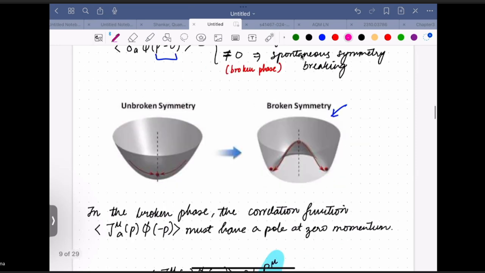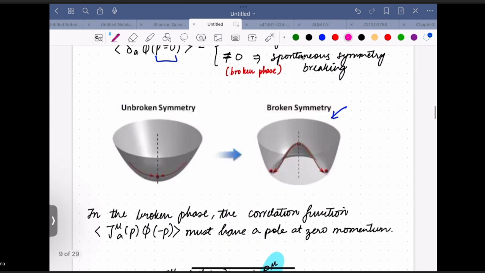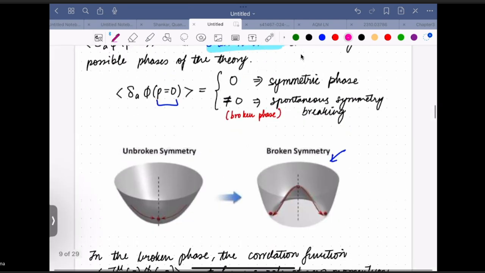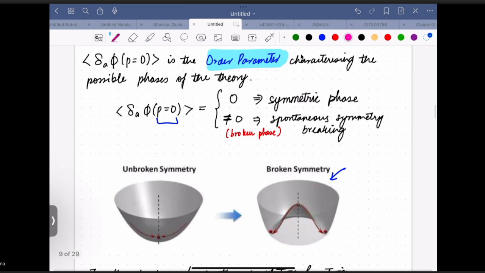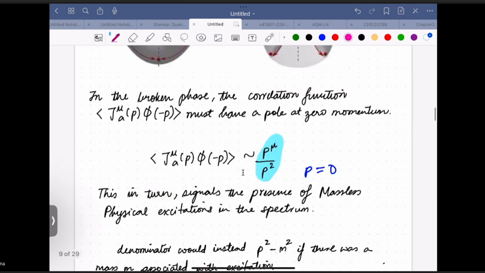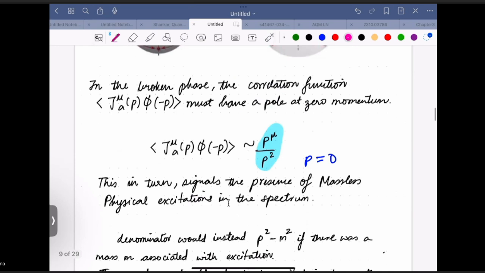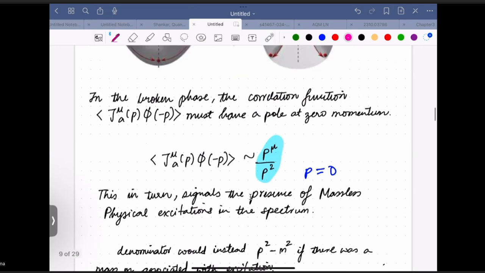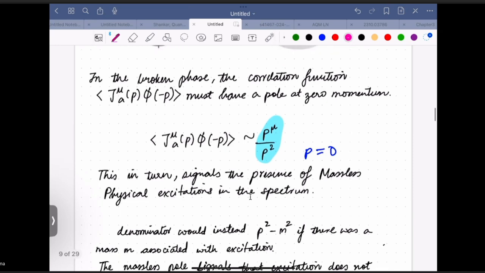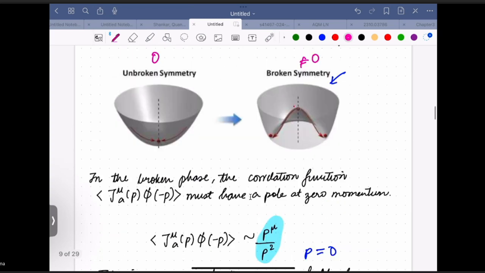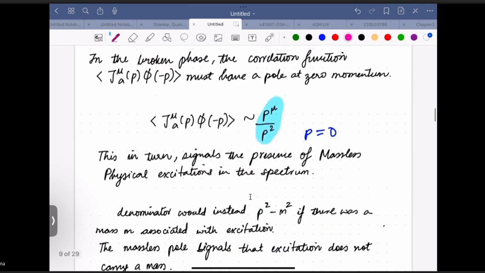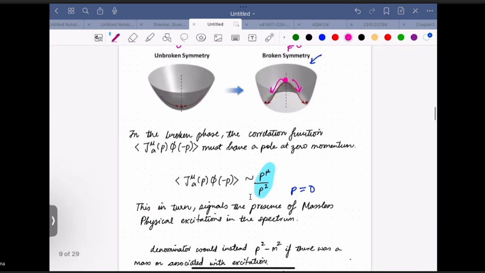So I also have a picture over here. So unbroken phase where your order parameter is 0, and here when it's non-zero. So in other words, this order parameter d delta phi where p equals 0 acts as an indicator of symmetry breaking. When it's non-zero, it signifies that the system has chosen a specific direction, either this direction or this direction, for breaking the original symmetry. And in this broken phase, the correlation function, the original thing which we had over here